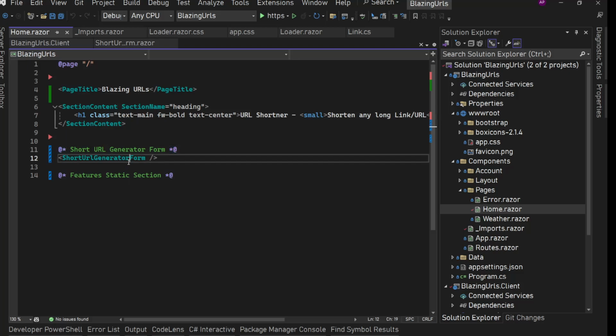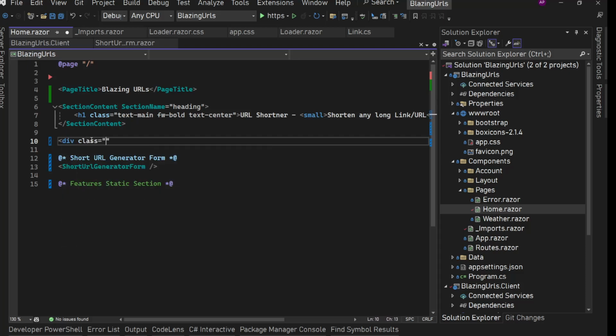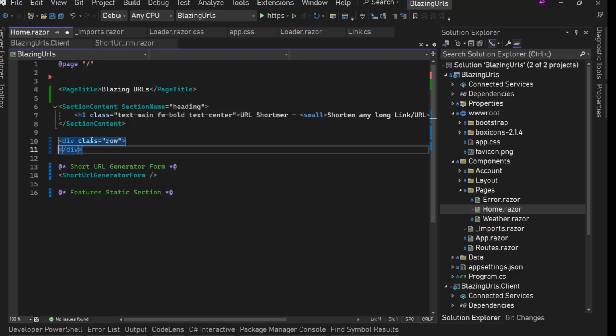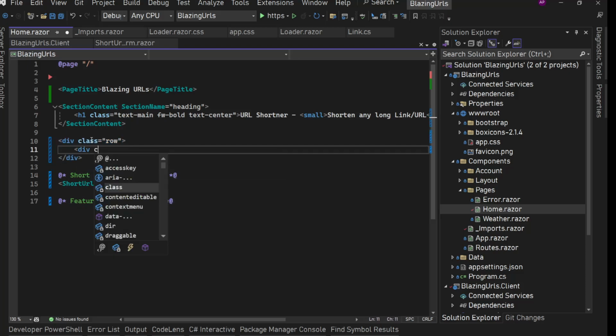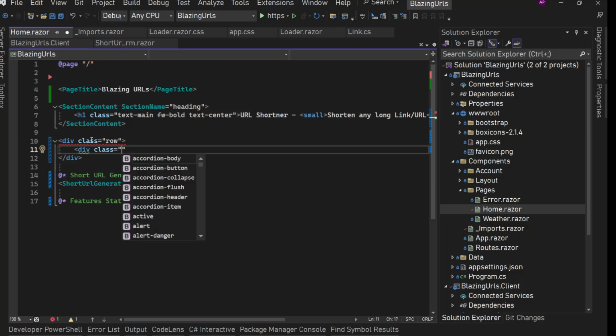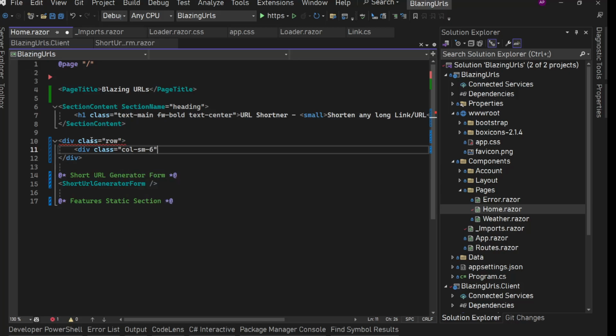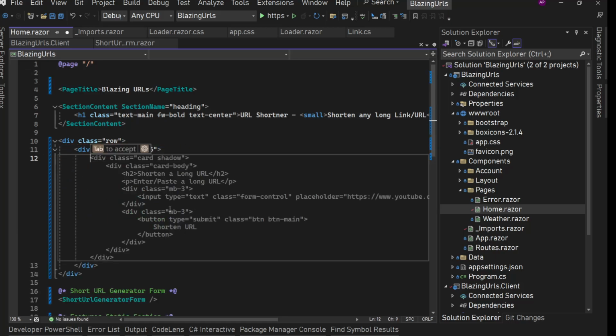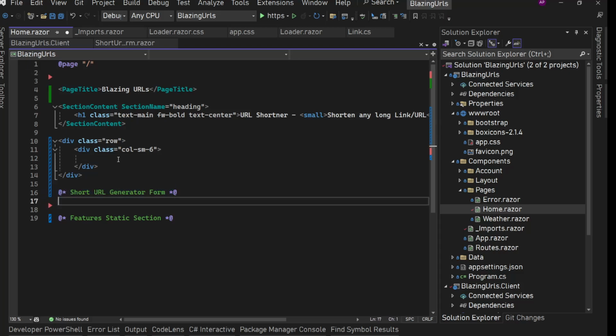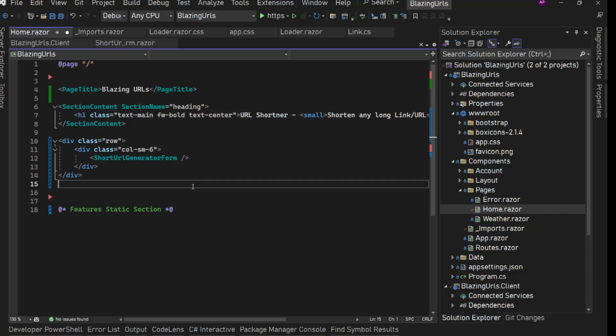so we are not going to directly have it like this. We are going to have a wrapper div here. We need it horizontally centered. All right, so for this, what we are going to do on the home page, we'll have div class row. Inside this row, we are going to have one div which will take the entire, or maybe let's make it smaller. So we'll say col-sm-6. Okay, and inside this we are going to have this short URL generator form like this,